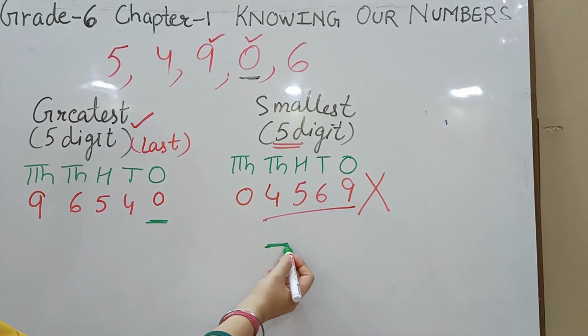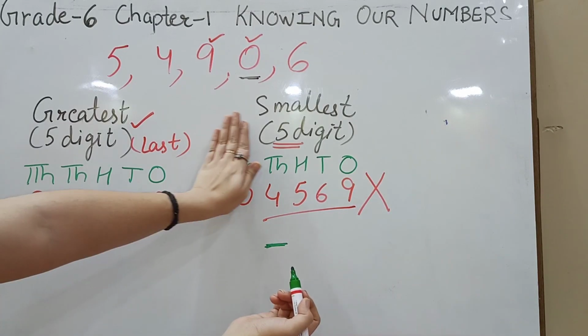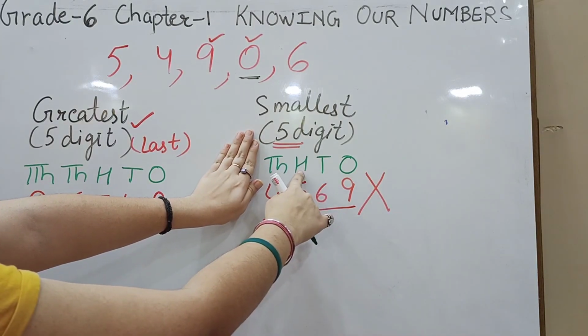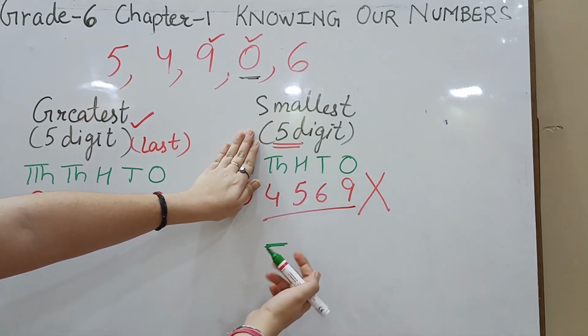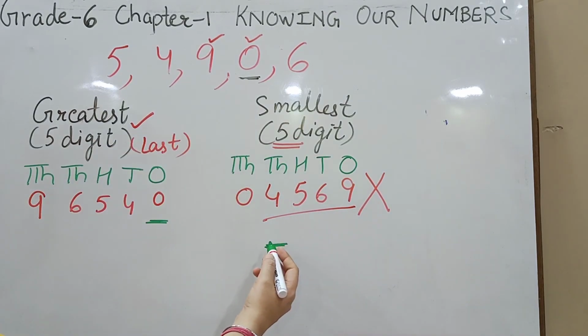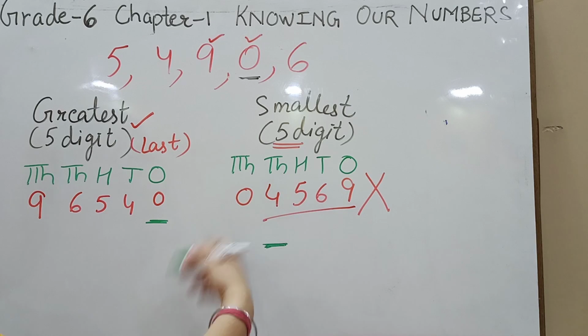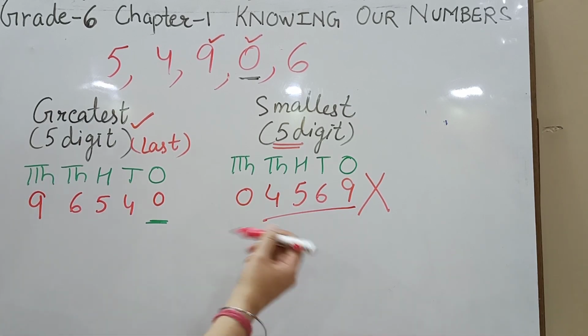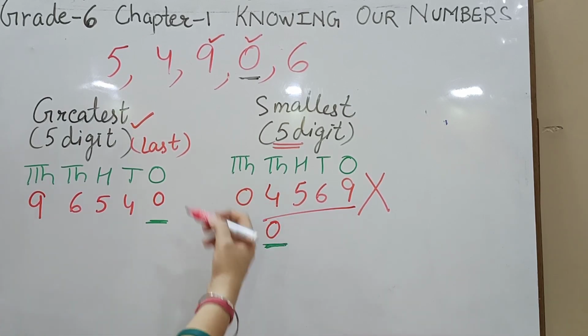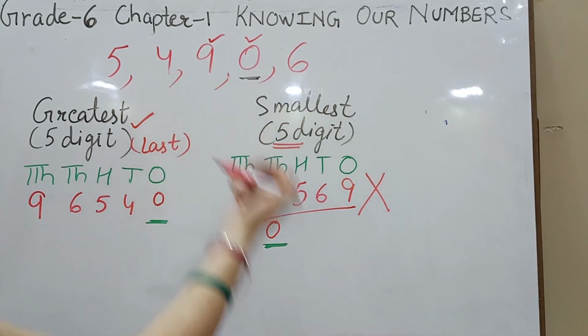सो वी नीड टू फिक्स इट ऑन 1000. अगर सिर्फ 1000 तक होता नंबर तो सेकेंड प्लेस क्या आती? 100. तो हम 100 पे फिक्स करते. बट अभी मुझे स्मॉलेस्ट बनाना है तो आई एम गोइंग टू फिक्स 0 एट दी थाउजेंथ प्लेस. नाउ आई हैव फिक्स 0. अब बताओ सबसे छोटा नंबर कौन सा है इन सब के बाद.